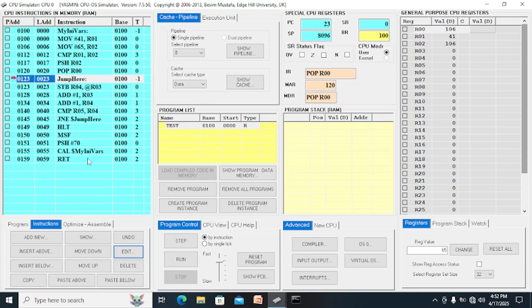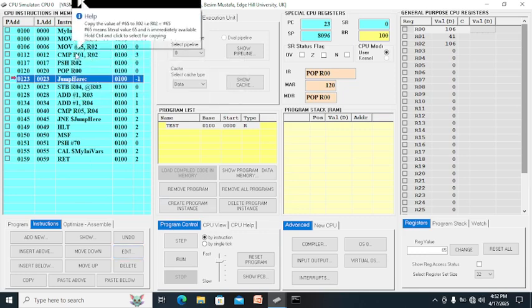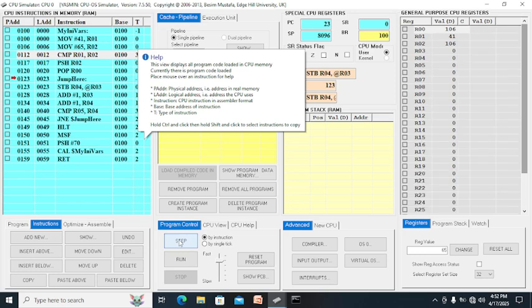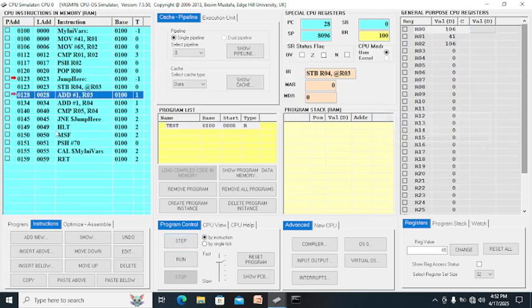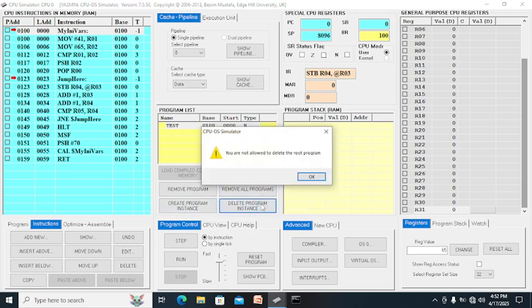Okay, so we run move already. Compare, double click and step. See, reset the program. Okay, after resetting the program, remove all program, delete program instant.